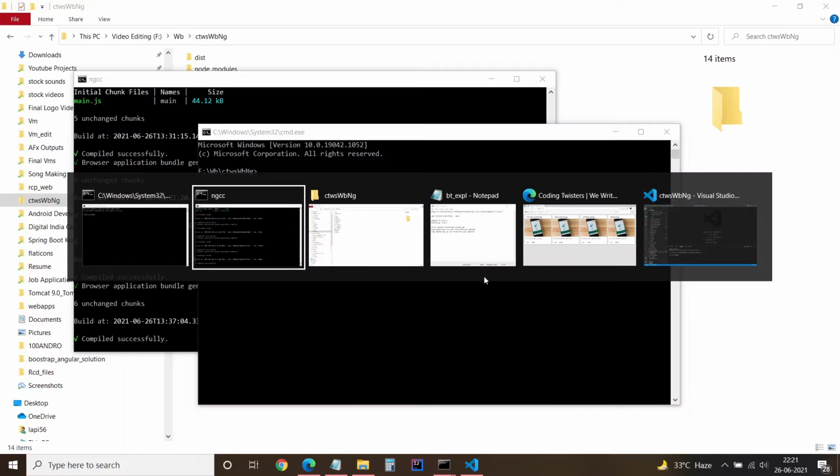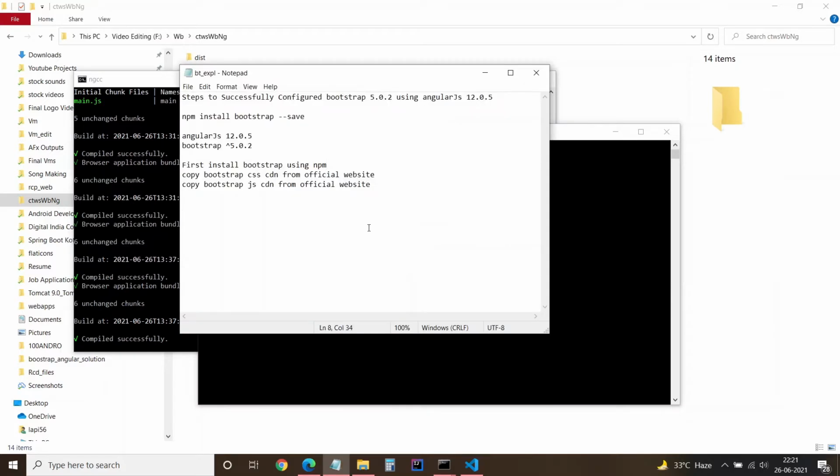For configuring Bootstrap, you first have to install the Bootstrap node module. So how can you install it? You can install it using the command npm install.